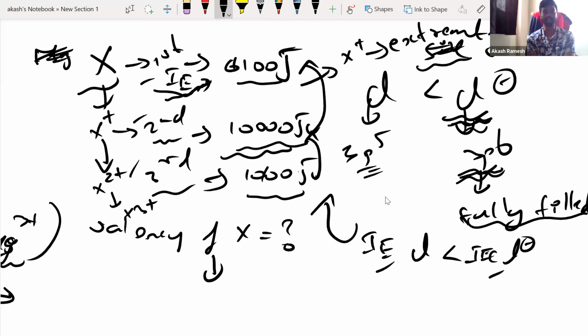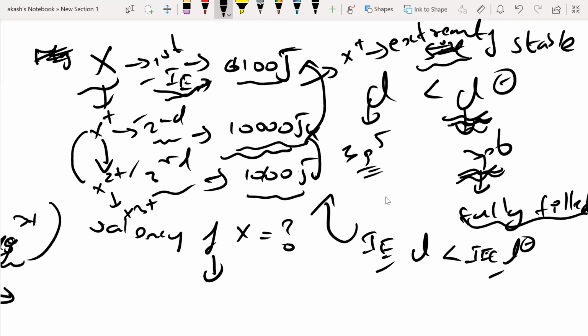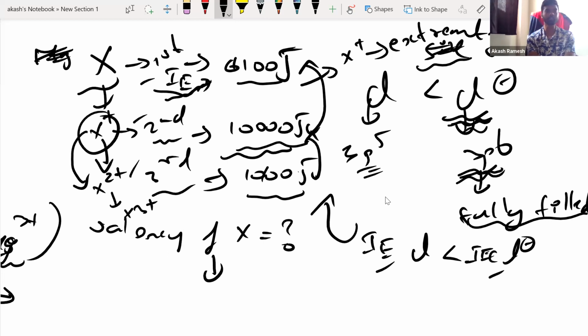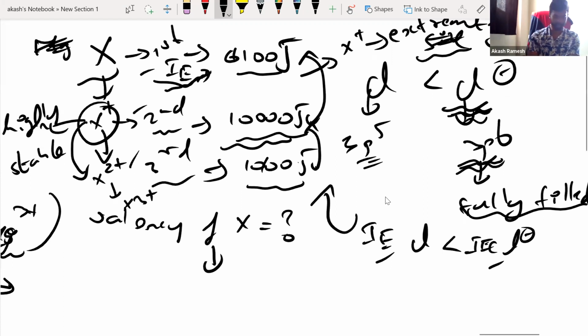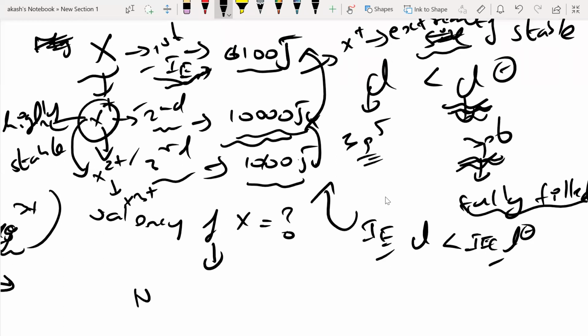So what I understand is for me to go from X plus to X2 plus, it is becoming very, very difficult because X plus is highly stable. Stable in the sense it has a very stable electronic configuration. If I give you this example, you'll understand. Sir, is it one? Yeah, valency is 1. Absolutely, the answer is 1.